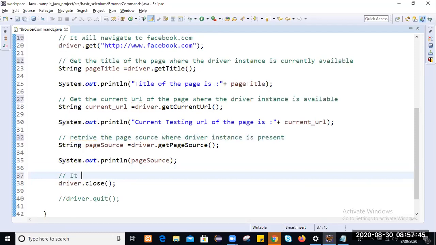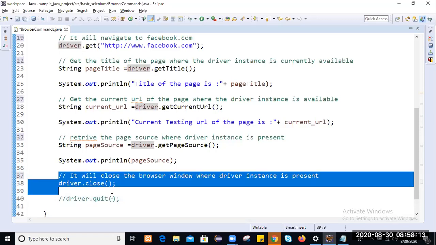It will close the browser window where the driver instance is. Always remember that wherever the driver instance is present, there only the driver instance will perform the action.